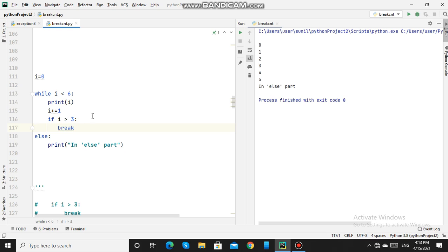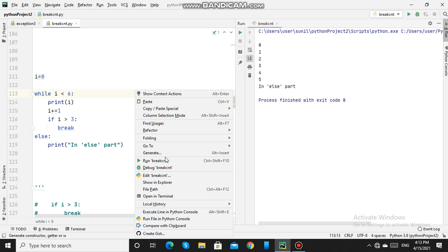If it is greater than 3, it will break from the while loop. And it will not go to this else statement. It will not execute this print statement because the termination is not normal. The termination is caused due to this break.